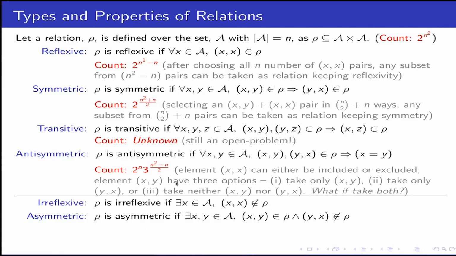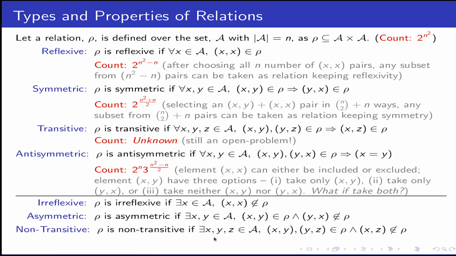Asymmetric says, again just try to negate this. So there exists a pair where I included that pair and the other pair does not belong to it. So it says that for all pairs, if I include the x comma y pair, then it automatically implies I include y comma x, because it's such a relation that it does not hold for the order. It just says x is related in some way with y, and vice versa also holds in that case. I am here just refuting that vice versa, so I will put only one of them, either xy or yx. So there exists an xy where x and y are from A, so I put one pair but not the other.